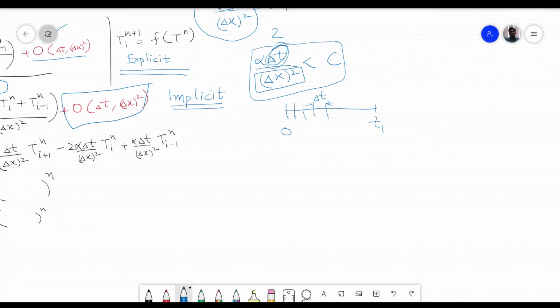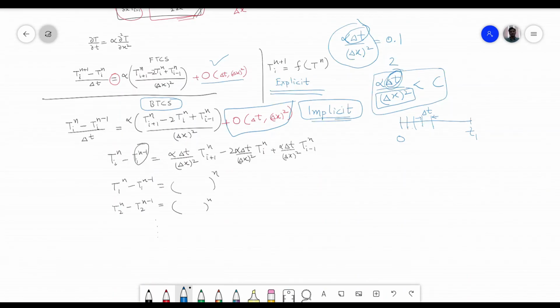But why should you decrease your delta t if you are getting a good enough answer, and you don't want to increase your time resolution? That is a constraint here in the explicit method, that you have to do it. You spend more time in simulation. Therefore, an implicit approach is more efficient, you can say.